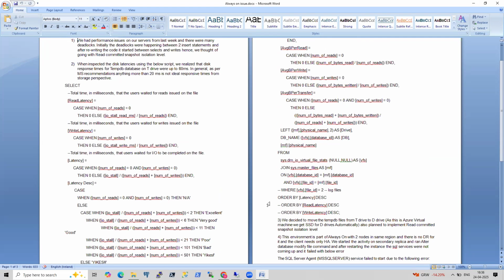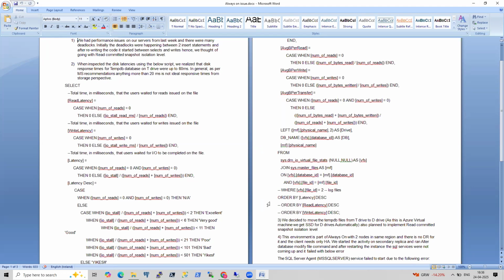Okay, so just think that you are appearing for interviews and you can explain this scenario to the interviewers, stating that you have done this and you have not panicked. So the scenario is you are going to explain the issue you faced with Always On. Okay, before it started, it was not an Always On problem, it started with the blockings. So you thought of enabling read commit snapshot, and also you thought of moving the tempdb files from T drive